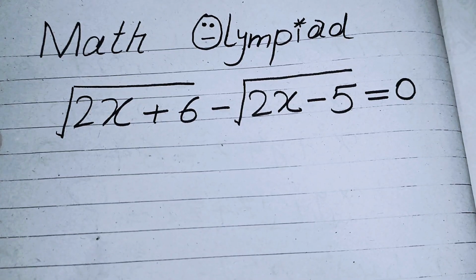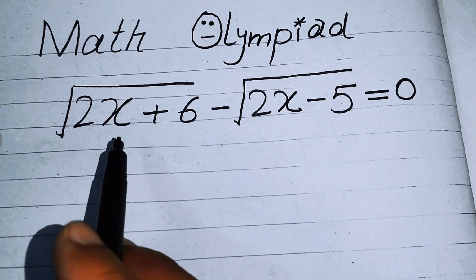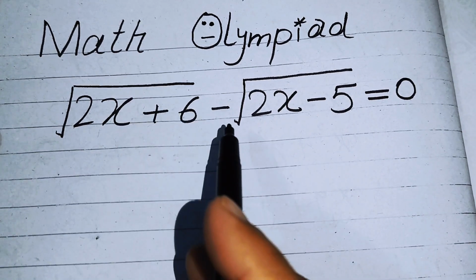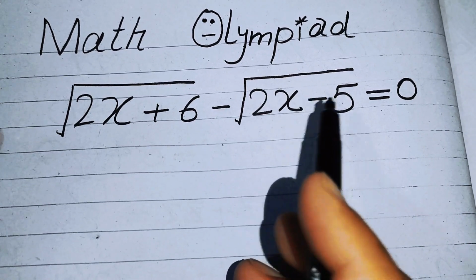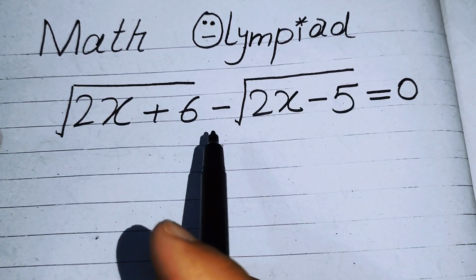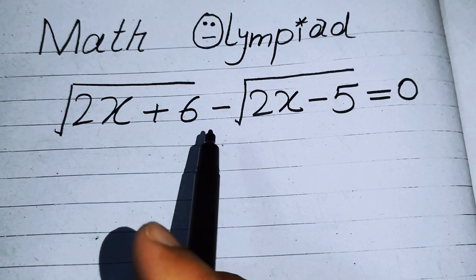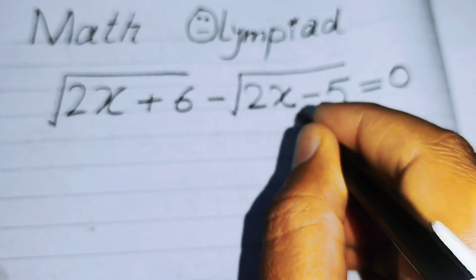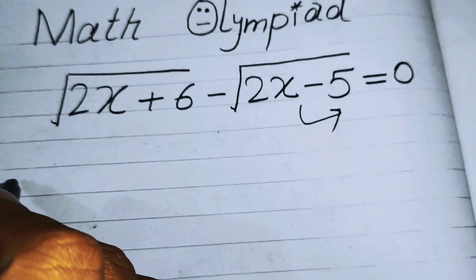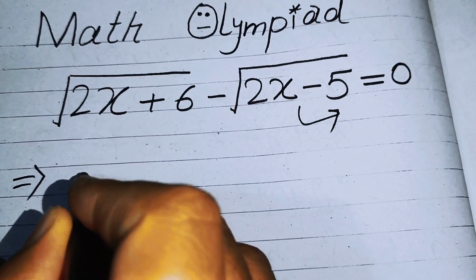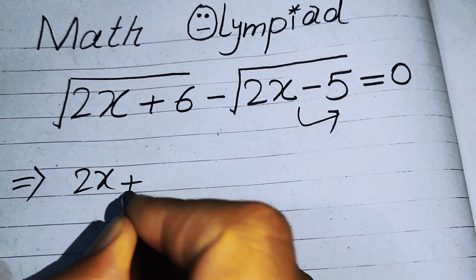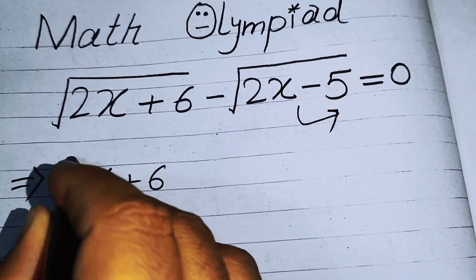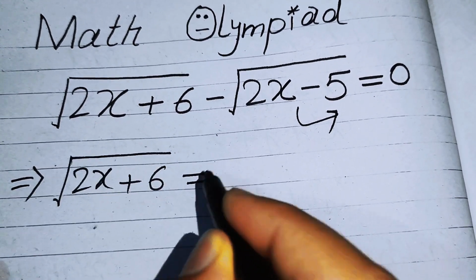In this video we are going to solve this nice radical problem: square root of 2x plus 6 minus square root of 2x minus 5 is equal to 0, and we will solve this problem for the value of x. So the very first thing we are going to do is move this term to the right hand side so that this expression becomes square root of 2x plus 6 is equal to